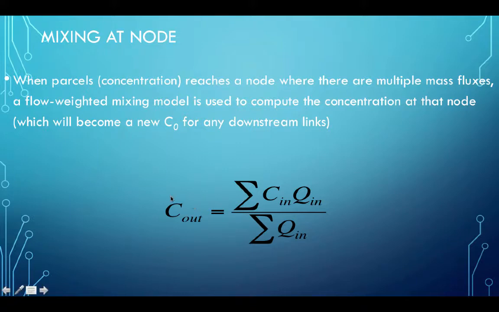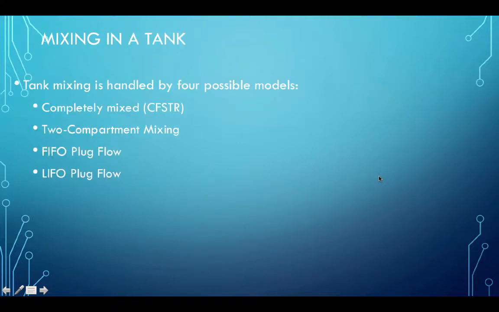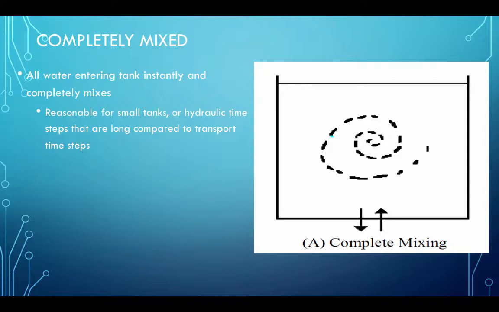So the concentration leaving a node is equal to the sum of the loads coming into the node, the Cn times Qn, divided by the total sum of the flows coming in. Tank mixing is handled by 4 possible models: completely mixed, 2-compartment, first in first out, and last in first out. The completely mixed model is just what it sounds like. Material constituent comes into the tank and is uniformly and instantly distributed throughout the entire volume of the tank. That's a reasonable approximation for small tanks or hydraulic time steps that are relatively long compared to